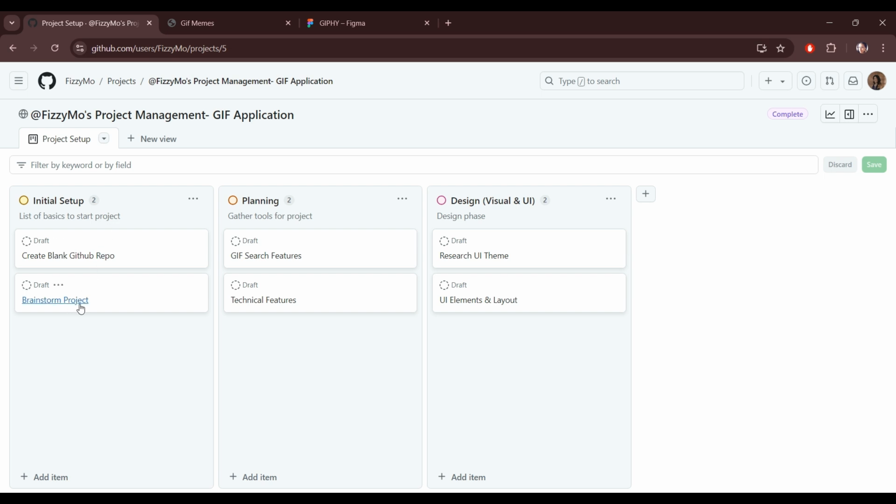I need to brainstorm. I moved on to planning: search features, technology features, design, research, figure out what colors I want to go with. So once I had this all set up,